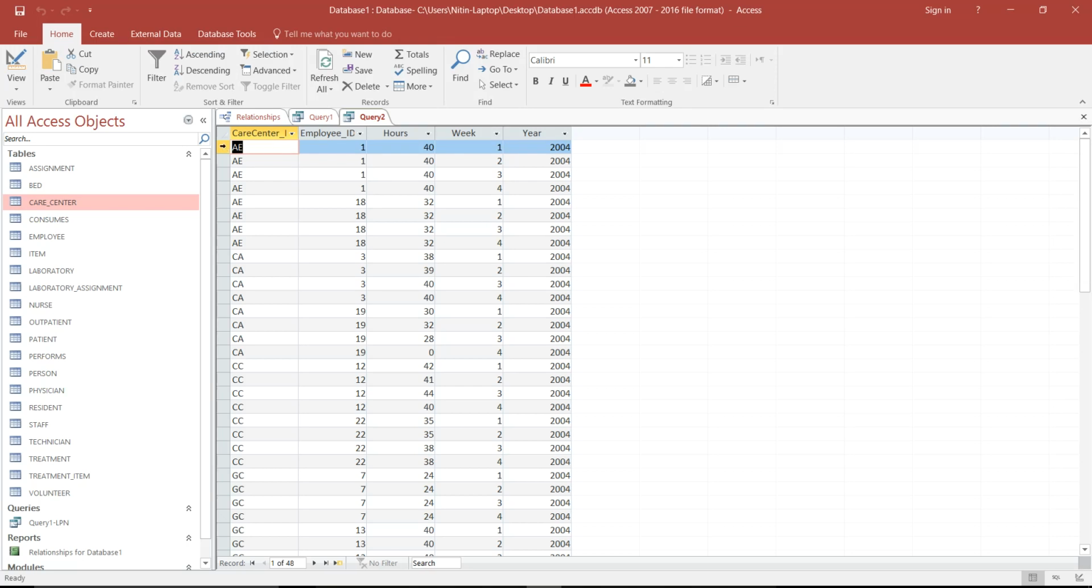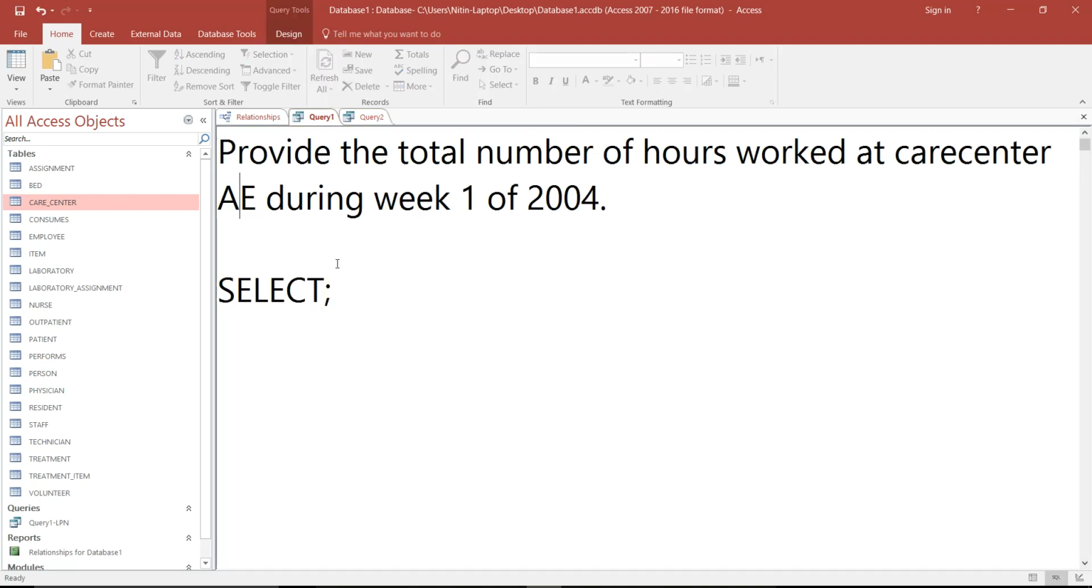Oh, that's what I need. I need AE, hours worked, and for this week, year. So I want to add wherever Care Center is AE, week is 1, add up all this. Let's write this query. Select sum, another aggregate function, hours